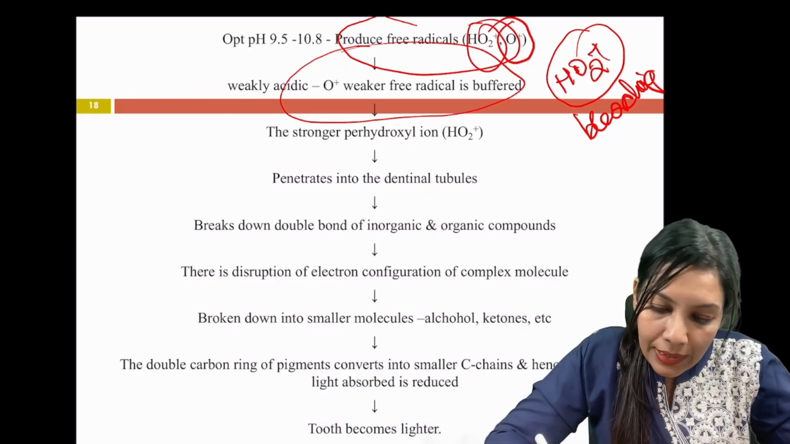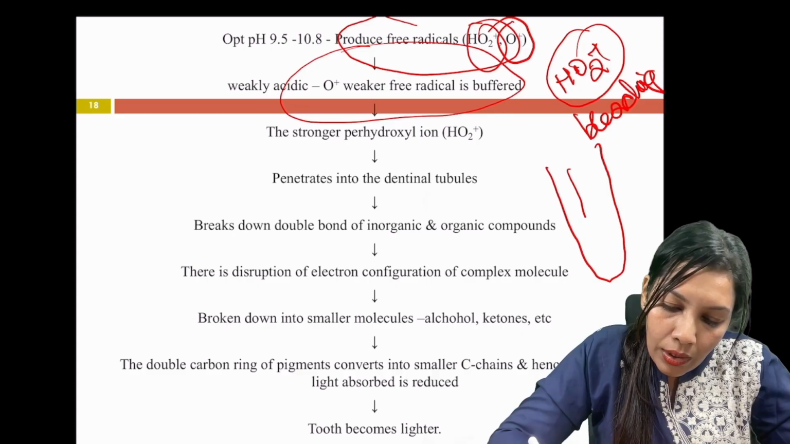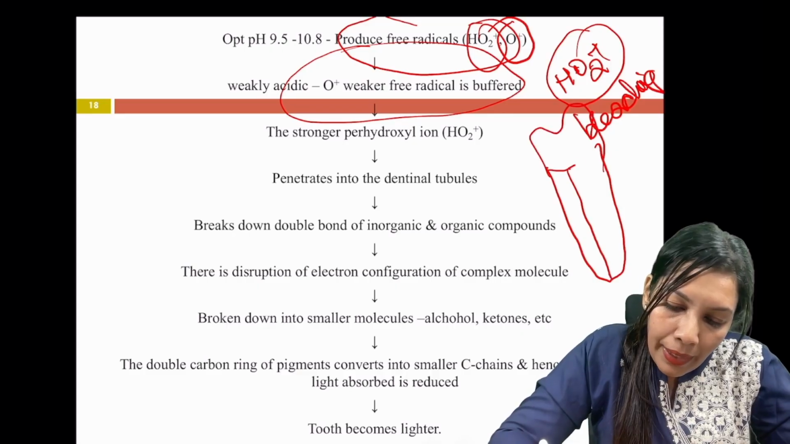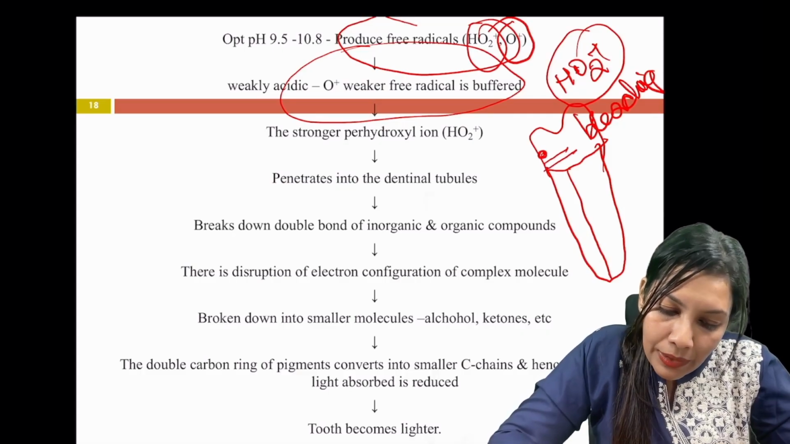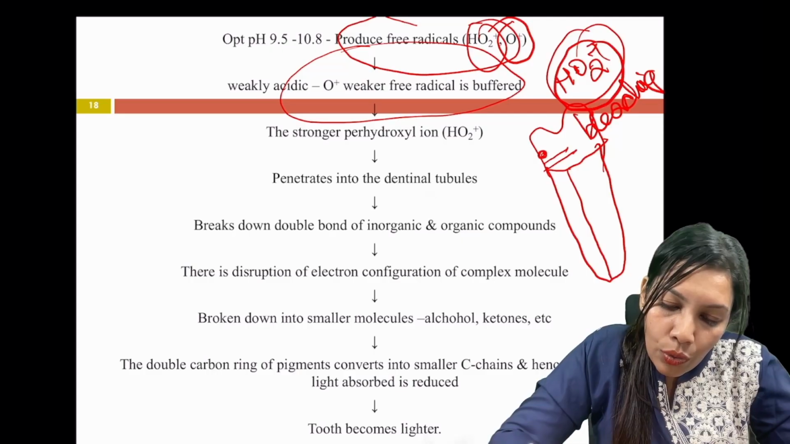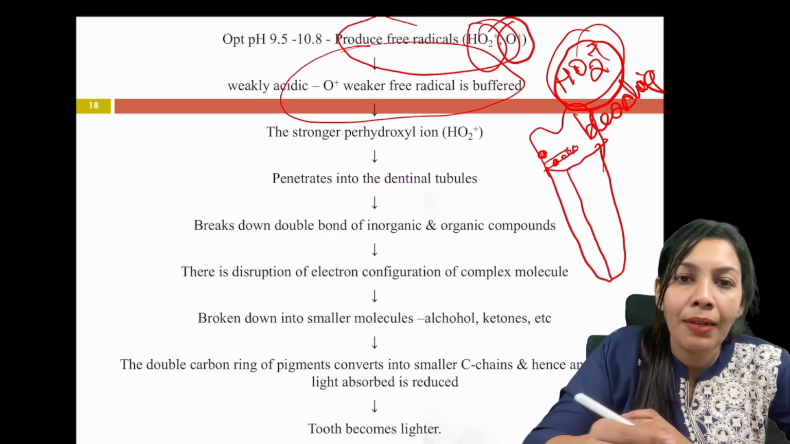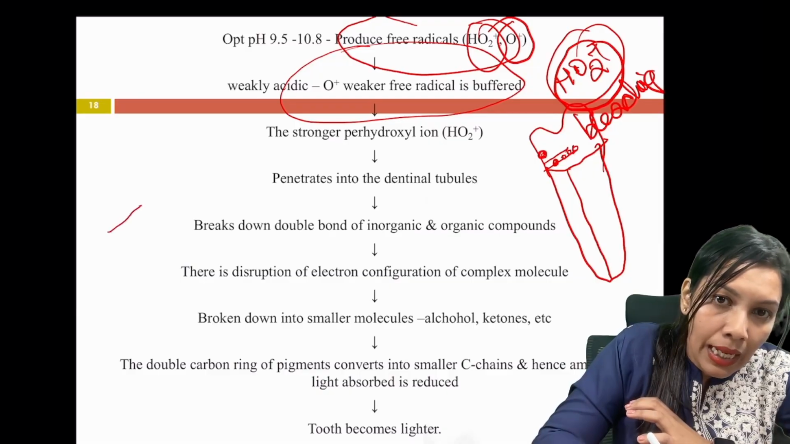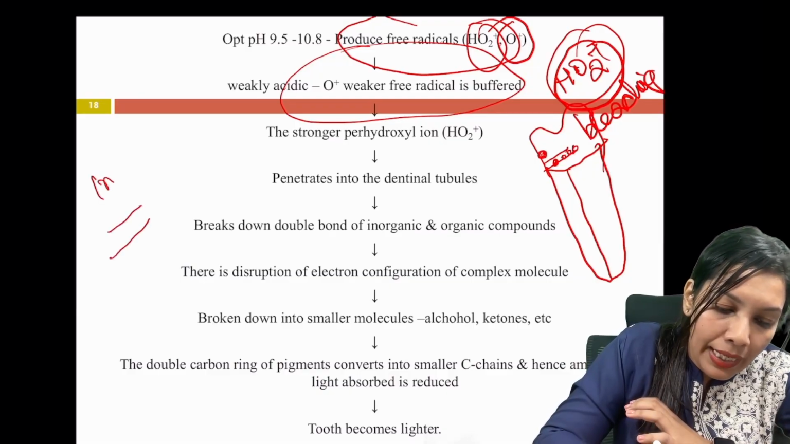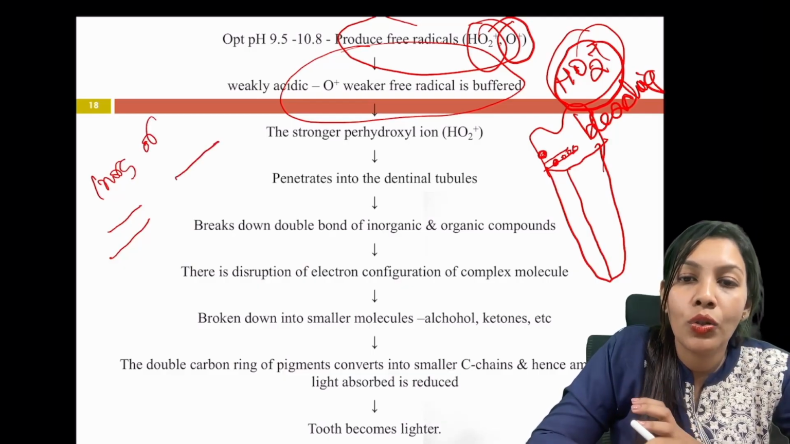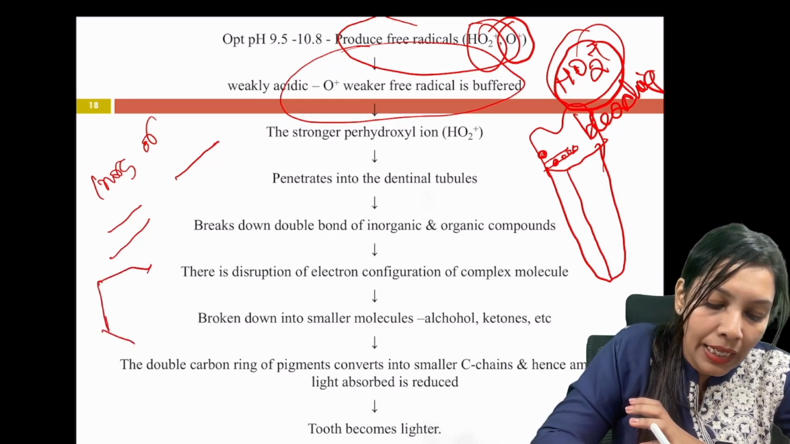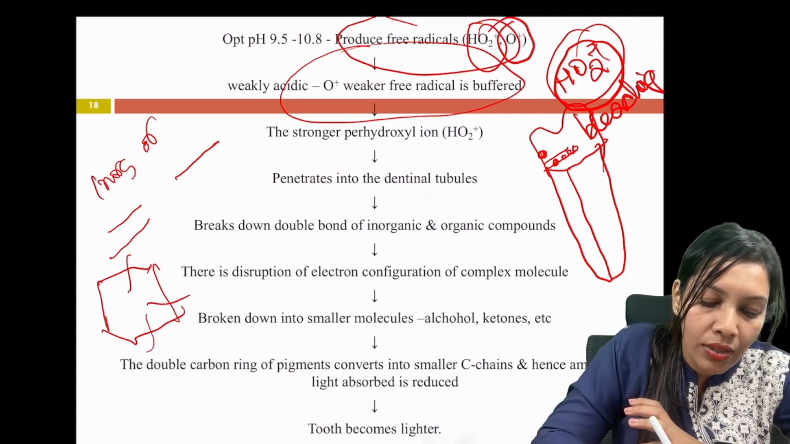So what happens is, we know that our tooth, we'll be applying on the coronal surface. There are dentinal tubules. So this HO2, the perhydroxyl group, enters into the dentinal tubules, and what they do is they break down the double bond chain of the inorganic and organic material to single bond chain, and also there are ring-like structures. These are also disrupted by this